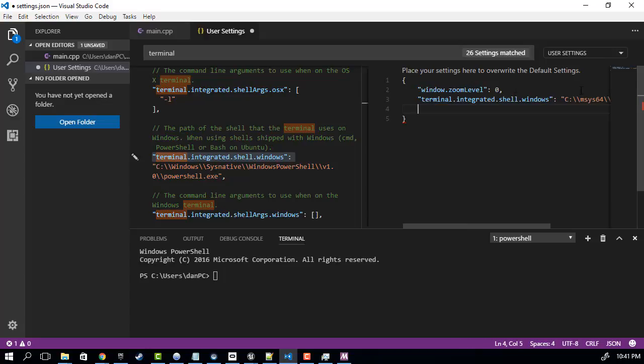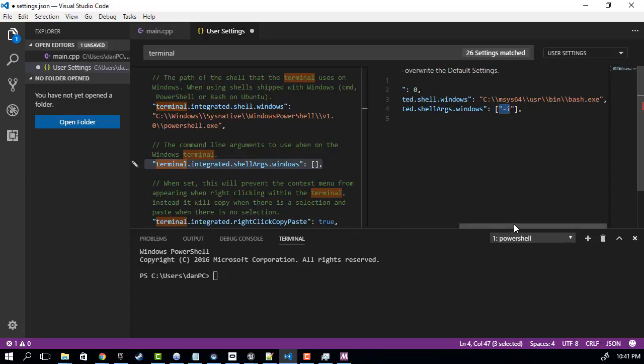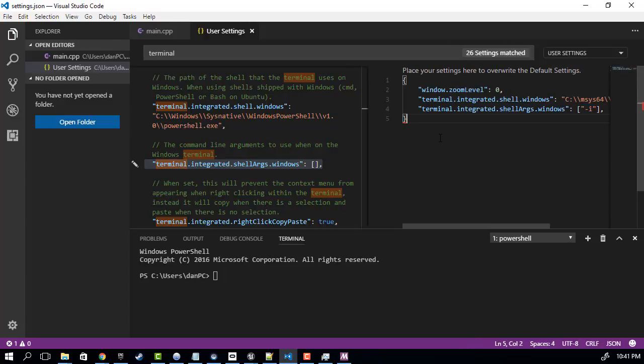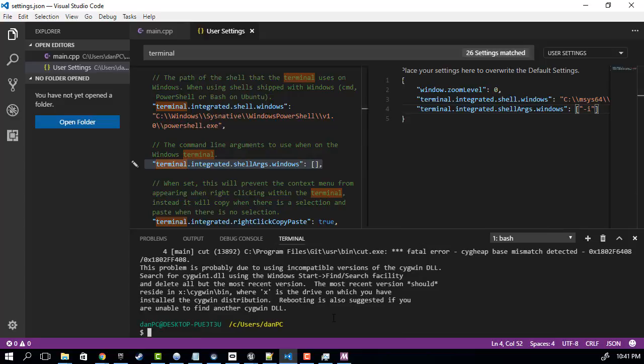Now the next option we want is we need to pass an argument to Bash to run it in interactive mode, and that allows it to be embedded in Visual Studio Code. So the way we do that is with this line, shell args. We have to pass -i to that executable, and that means that if we hit save, actually we don't need the comma there, just hit save. If we close this one and we hit Control tilde, then you can see we've got